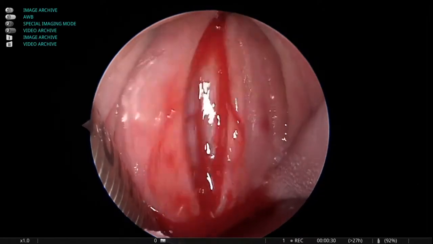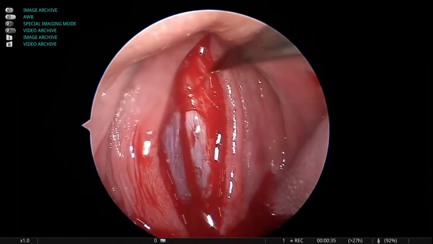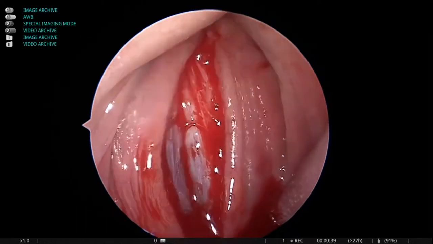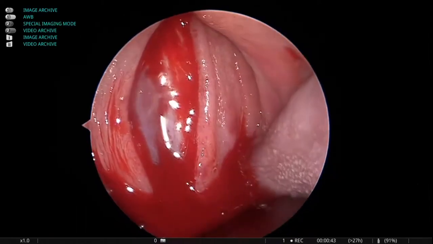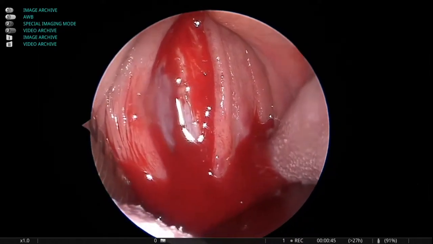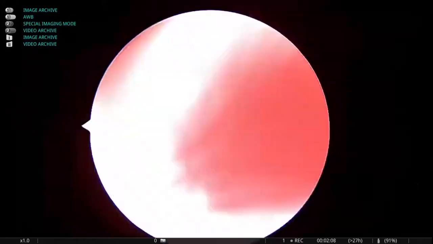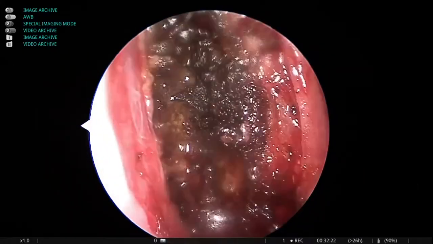Transoral odontoid osteotomy is indicated for irreducible atlantoaxial dislocations. These dislocations occur when the odontoid process, or DENS, of the second cervical vertebra compresses the spinal cord. Common causes include rheumatoid arthritis, where inflammation destabilizes the atlantoaxial joint; congenital anomalies, such as basilar invagination or Klippel-Feil syndrome,